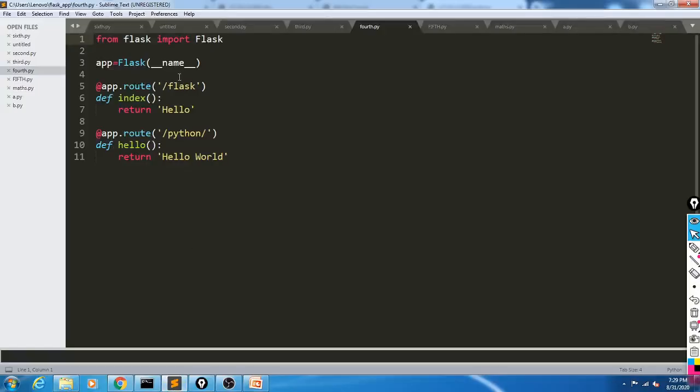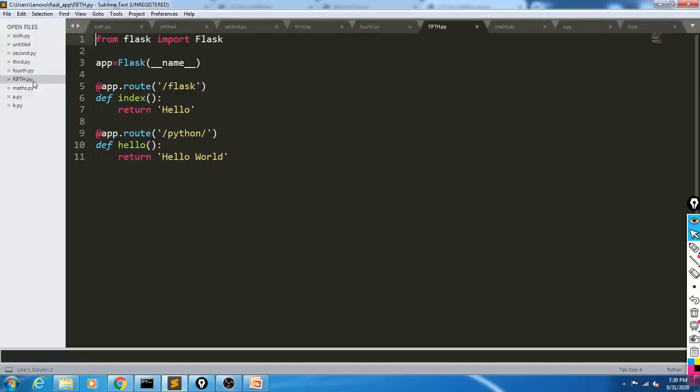Okay, means we can execute this URL by using slash python slash, or we can execute this URL by using slash python only. So this is the difference between writing a slash on both sides and writing a slash on one side. Okay, so with this we can find how the dynamic URL works. What is the rule of the URL? Okay, so /flask and /python/.